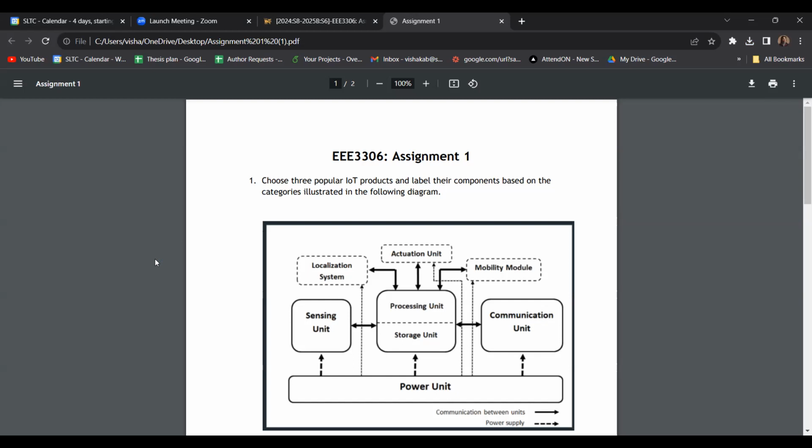Mobility module means something related to the dynamic movement of the device. If the device has movement, then what module enables that movement? If there are wheels, for example, the wheels are maybe controlled by some kind of module, some kind of motor or something, right?